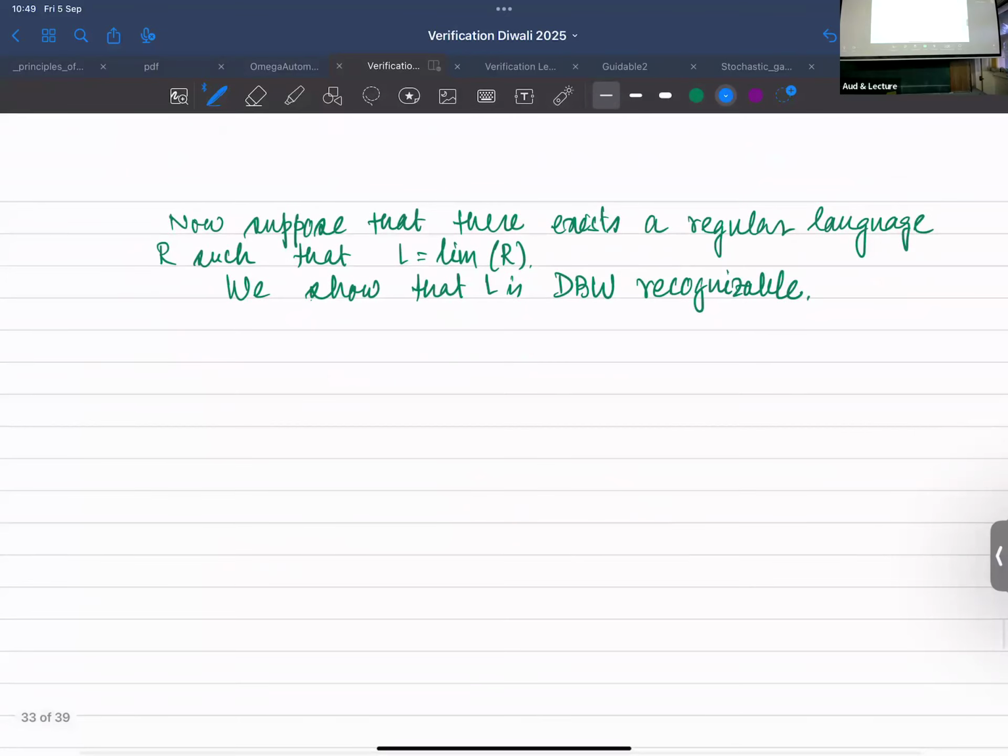So again, consider the same DFA for it and think of it as a DBW now. Whatever language is accepted by that DBW is exactly equal to the limit of R. So let me try to formalize this a bit. Suppose A accepts, or I mean,